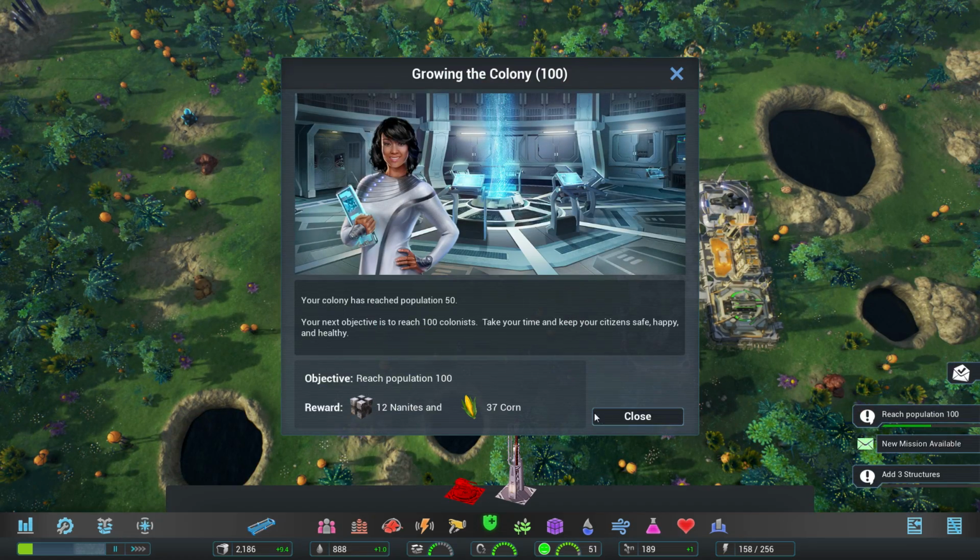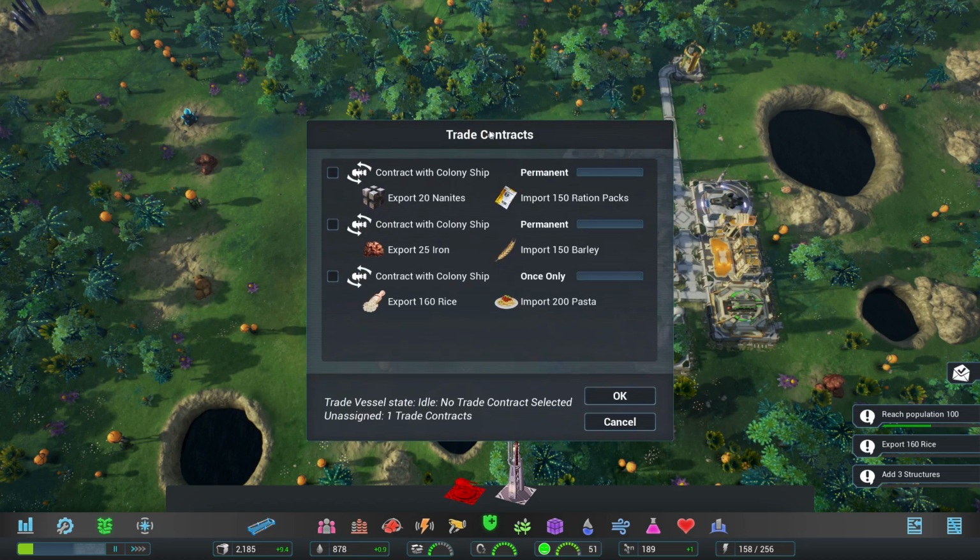We'd like you to increase the colony's population. I need your help to balance our...